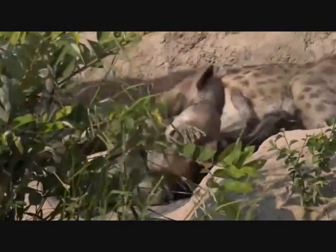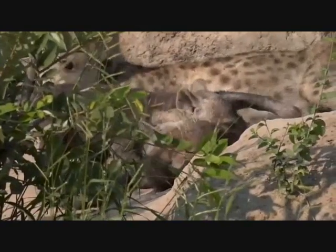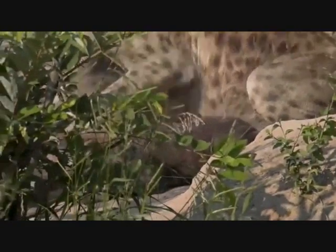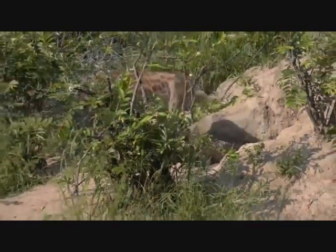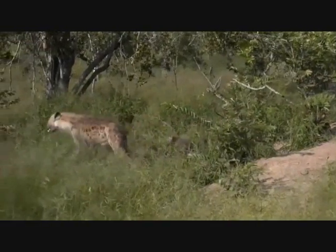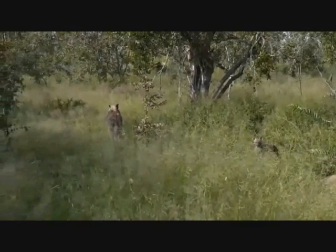Because their mother is not high-ranking, that means that she's not a sort of leader in the clan. It means that the cubs will fall into the hierarchy. Do you know what hierarchy means, Skip? I'm sure you do. It means kind of the order that they live in. A bit like, you know, when you're at school, you get guys who are older and sort of more higher up, if you like. The same happens here with the hyenas,